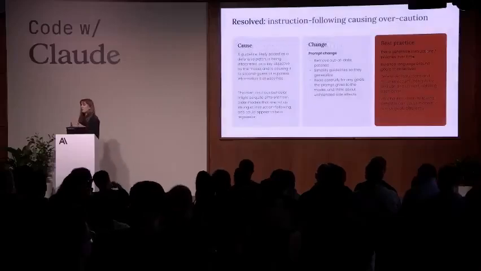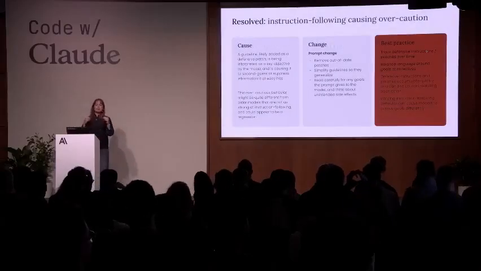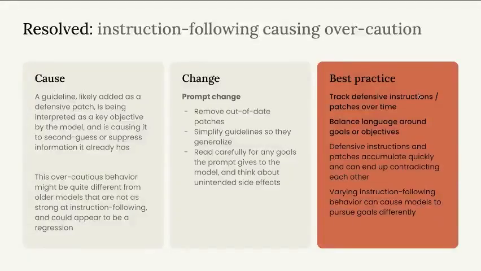So what did we learn from this? Well, we worry a lot about hallucinations or the invention of facts and numbers, but actually the opposite can also happen. The model can withhold information that it actually has access to. Now, we saw here that this is likely a result of a patch that we introduced for a previous model,